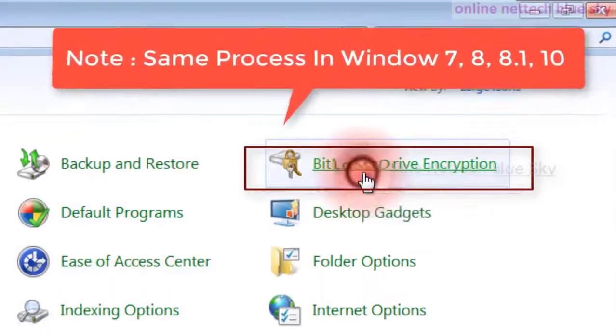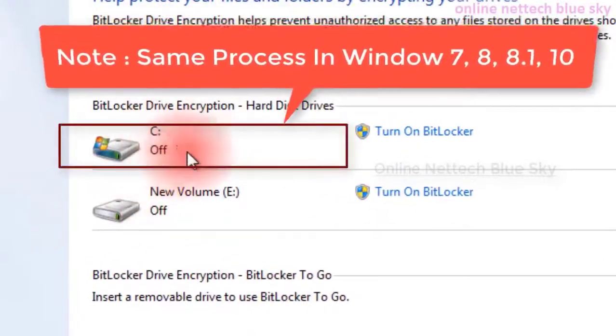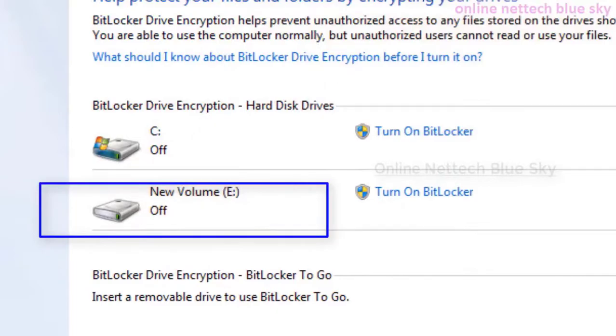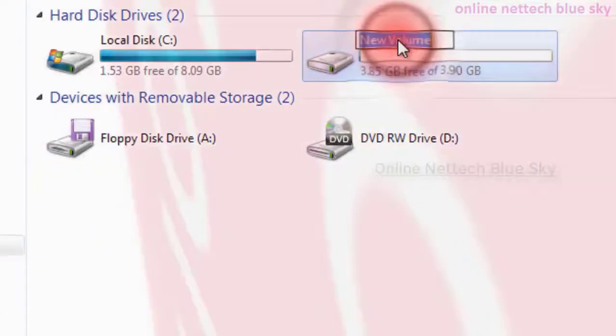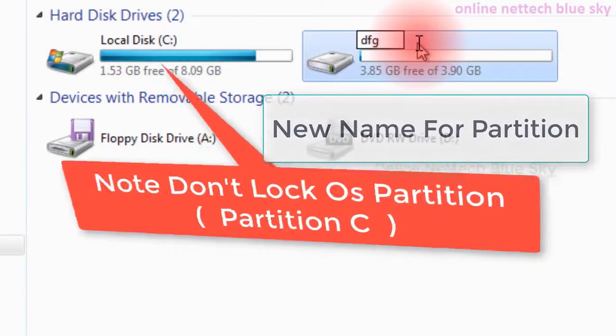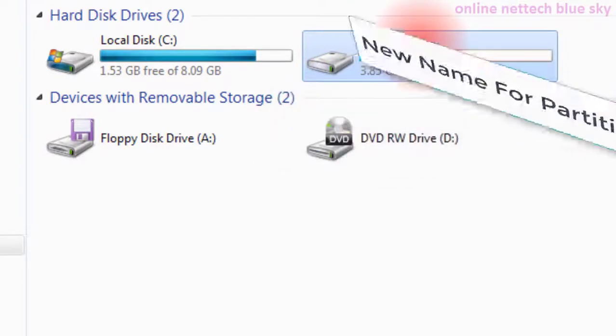The same process applies to Windows 7, Windows 8 and Windows 10. You can see my partition C and the second is my data partition. So you create a new partition and lock it at that time with the encryption system. I changed the name to DFG, meaning I gave the partition a new name.